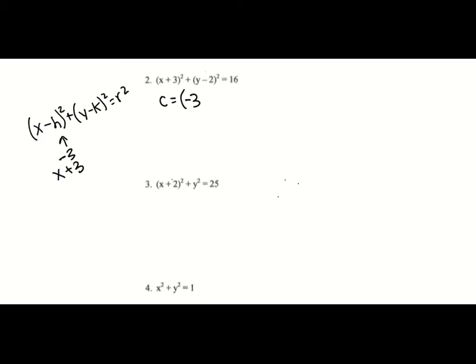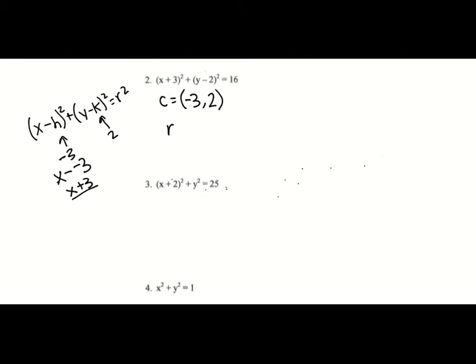Because if we have, let me erase that again, I'll write it out. So if we have x minus a negative 3, those two minuses right next to each other, remember those turn into a plus. So that gives us our x plus 3. So our h equals negative 3, and then our k is 2. Alright, so we have a 2 right here. And then our radius,